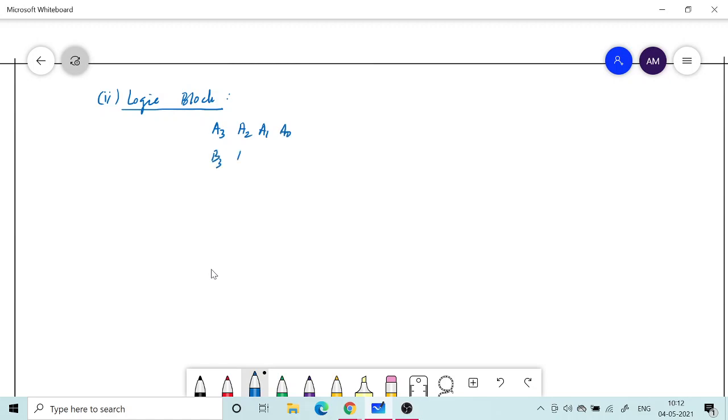and B3, B2, B1, B0. So when you perform the logic operation, say for example if you are performing AND operation, we will combine these two bitwise, like this. It will be A3 dot B3, so that is 1 bit. Then you will have A2 dot B2, another bit, and then A1 dot B1, and then A0 dot B0. So these are going to be the output. Depending upon the value of A3 and B3, you will have the AND operation of these individual bits.